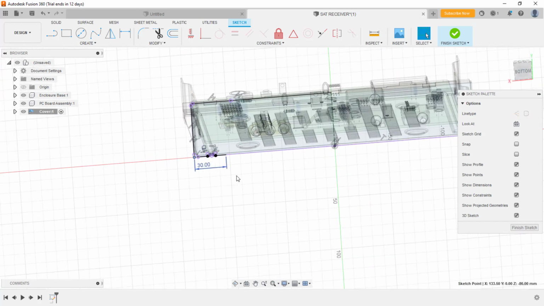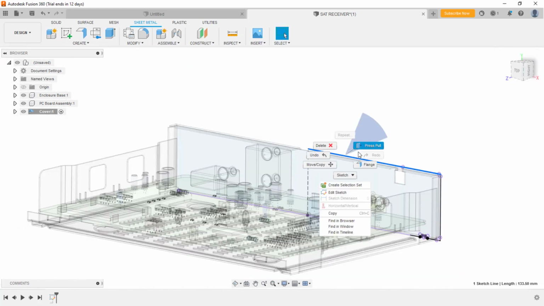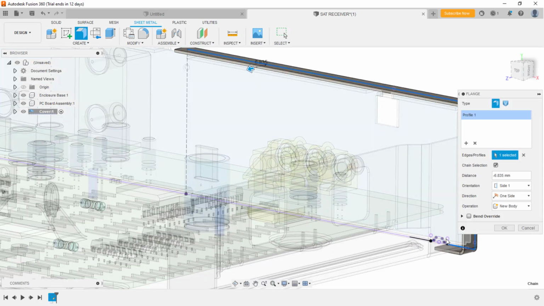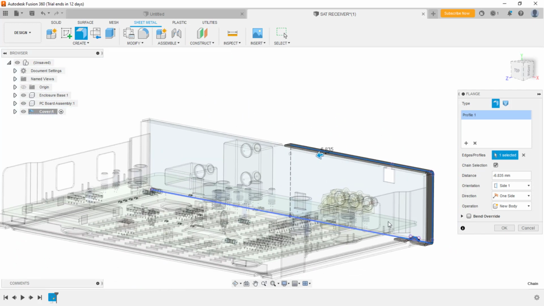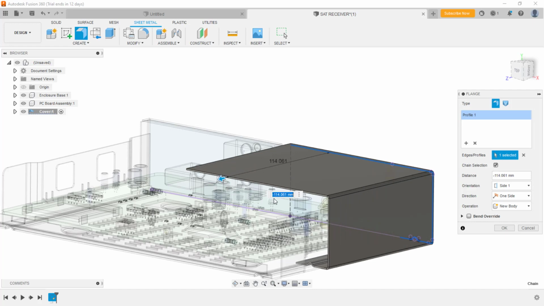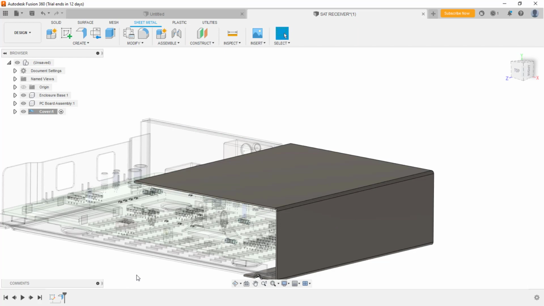And now here you can use the tool, that is the edge flange. Okay, so you can even reverse the direction, so you can even select these edges, even that I need to extend as the edge flange. So the length, I'll take it as 171. Okay,